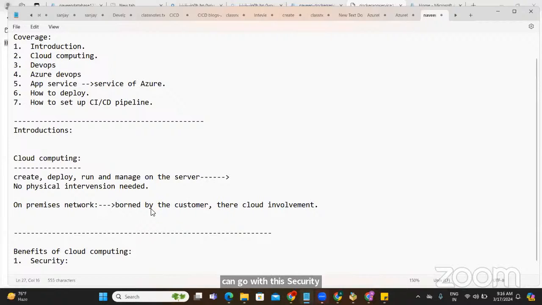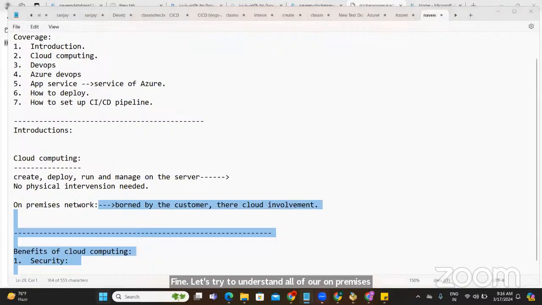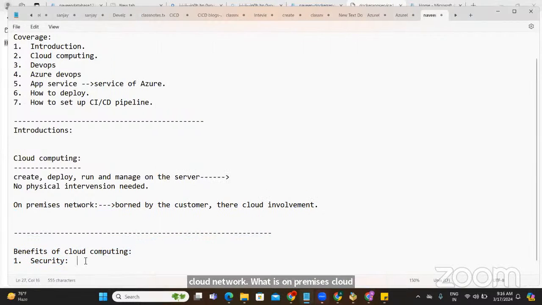Let's try to understand this with an on-premises network. Let's assume that you are writing 100 lines of code in Java, or it could be Python, .NET, any language. And you are storing this code on your local laptop.